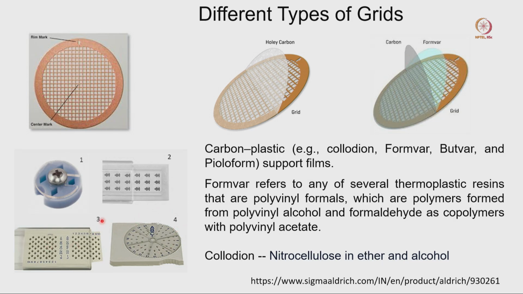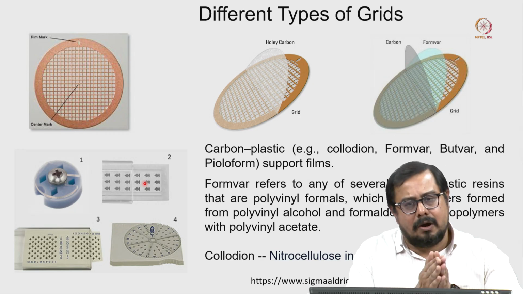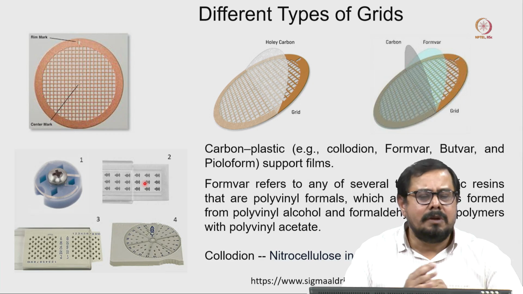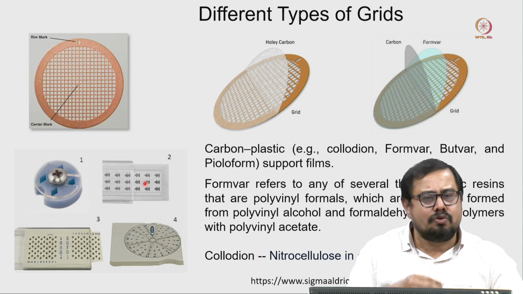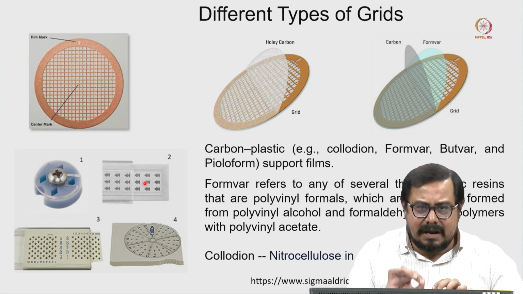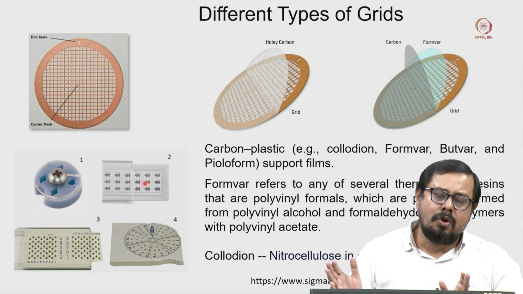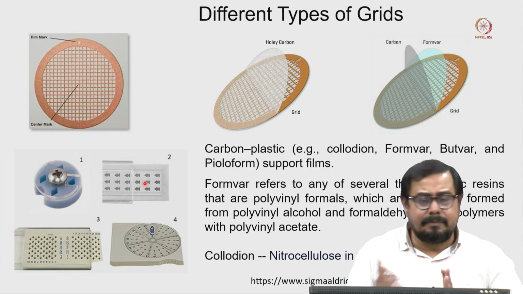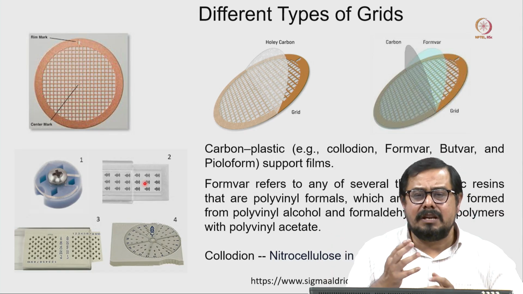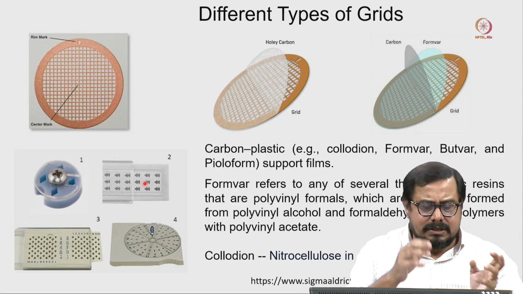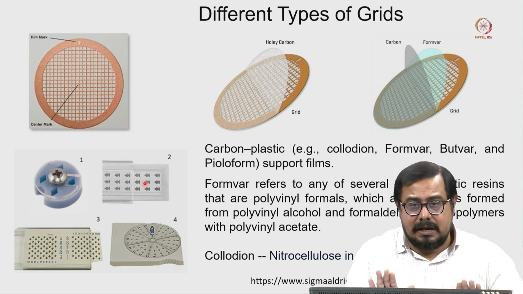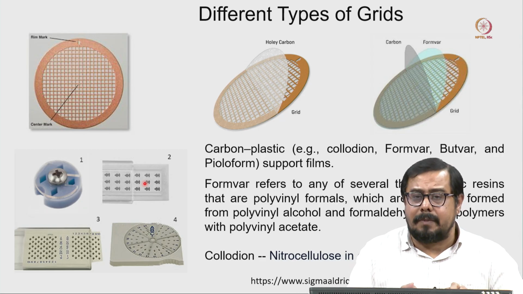All the time when you do your negative staining, you have to store your grid in these grid boxes. Most of the time negative staining grids are good to go for a long time. That means if you prepare a grid, it will be good if you preserve it properly. It will be good for the next 1 year, sometimes 2 or 3 years, if not too much humidity or moisture is deposited. So, you have to preserve those grids properly.